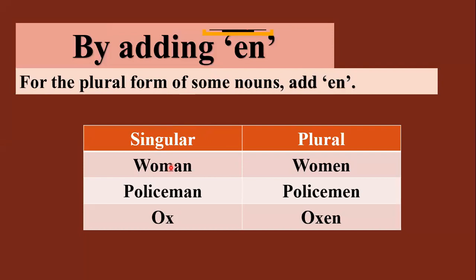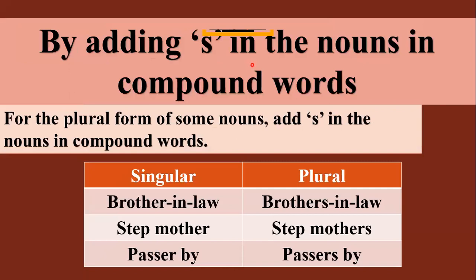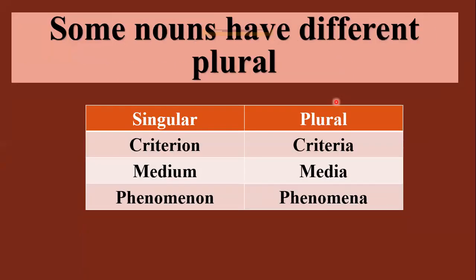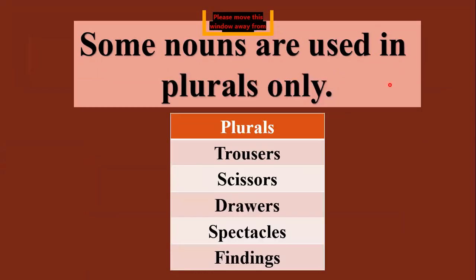That is when we change AN to EN usually, or if we add EN. The fourth slide is by adding S in the nouns in compound words, that is, the main noun has an S added to it. This is the fifth one: some nouns have different plurals. Yes, you have to write the line that is written under it. If you missed it, then you can go to the Google Classroom and see it. Some nouns are used in plurals only. This is the last slide. Okay. If you have missed any